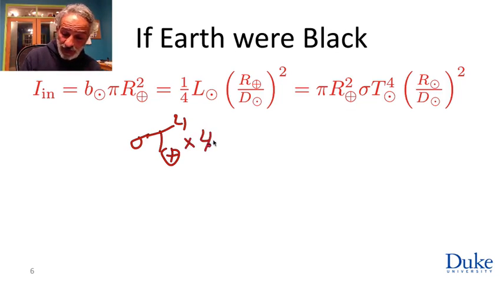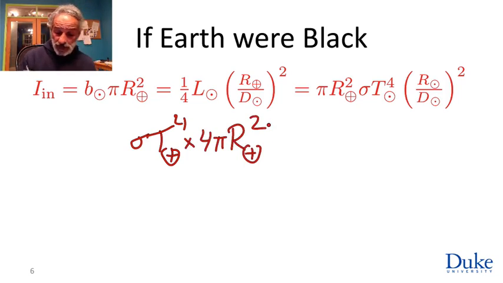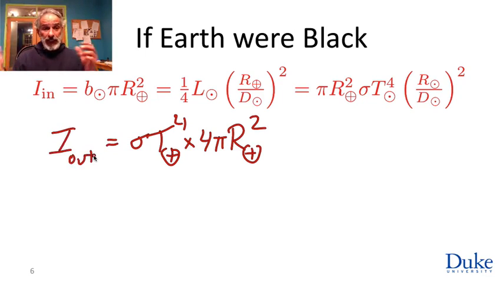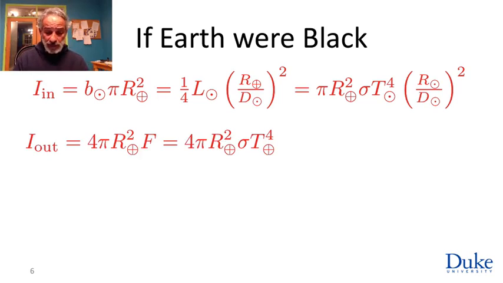Multiply that by the radiating area of Earth, which is the full surface of Earth, since Earth radiates in all directions, and that will give you an expression for the rate at which Earth loses energy by radiating it out to space. And so, again, rewriting that more cleanly, we have now an expression,